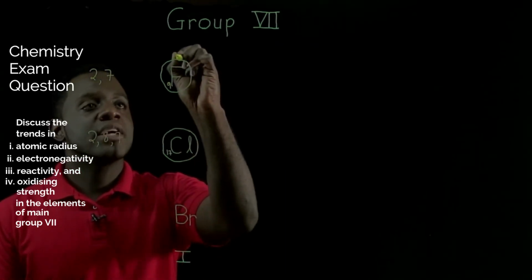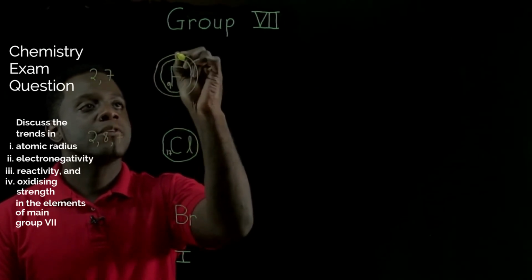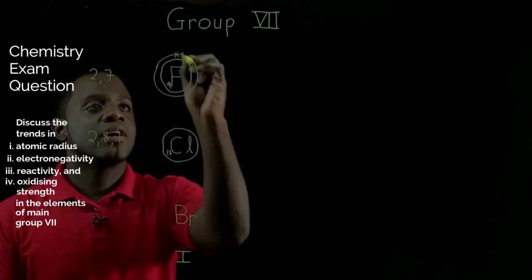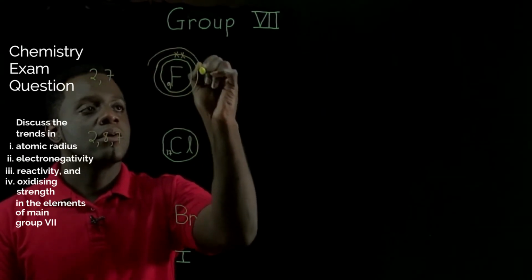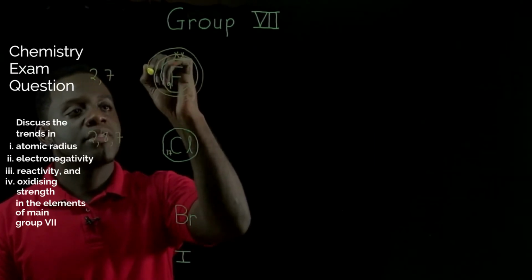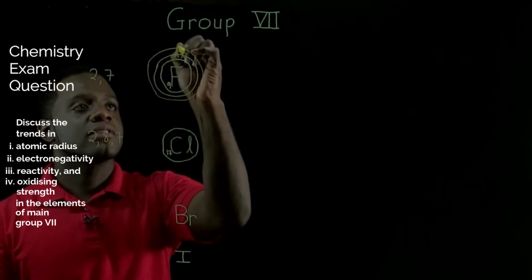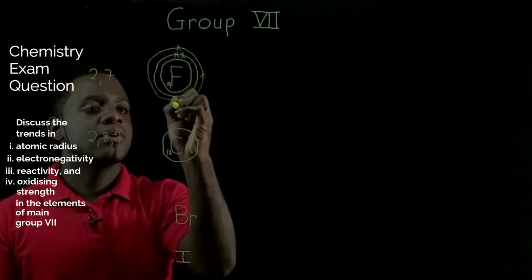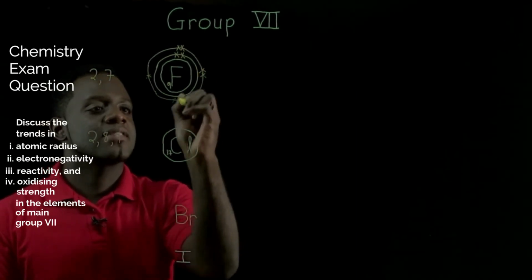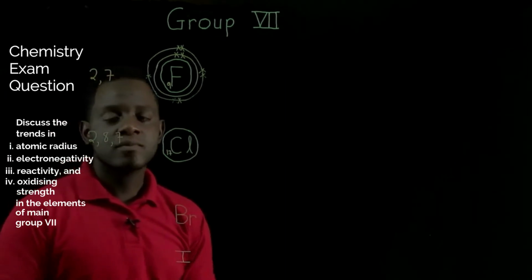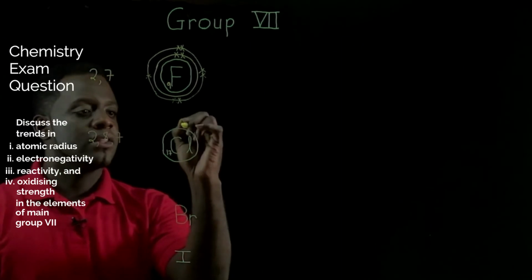So the first shell with 2 electrons for fluorine is drawn like that, and the second shell, of course given by our third circle here, has 7 electrons. 1, 2, 3, 4, 5, 6, 7. Let's now draw a diagram for chlorine, and the first shell